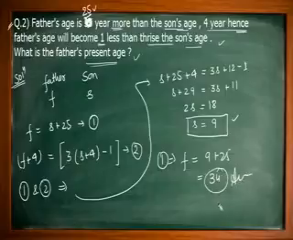Okay, see guys, इसमें हमने बेसिकली क्या किया है कि फादर की एज को हमने f माना है, सन की एज को हमने s माना है, और पहले क्वेश्चन में हमें कहा गया है कि फादर्स एज इज 25 ईयर मोर देन द सन्स एज, 25 साल ज़्यादा है सन की एज से। तो हमारी इक्वेशन क्या बनेगी, f इक्वल टू s प्लस 25 एंड 4 ईयर हैंस। 4 ईयर हैंस का मतलब होता है f प्लस 4।